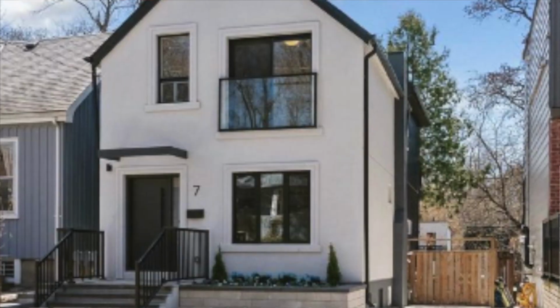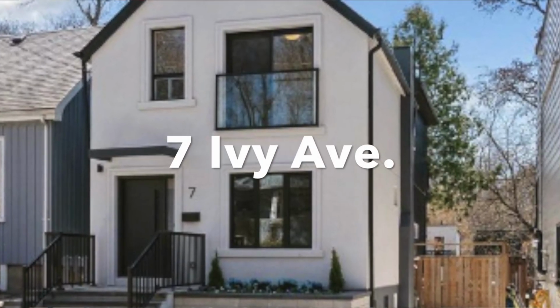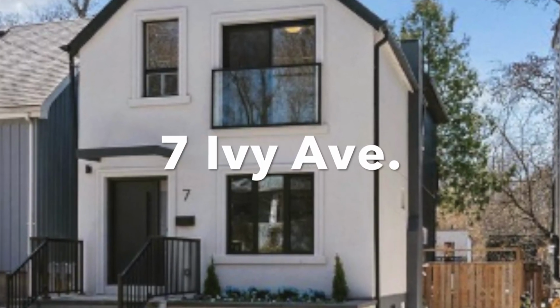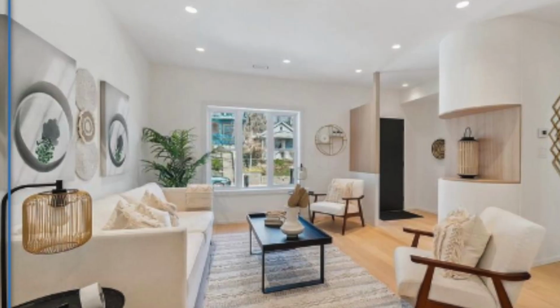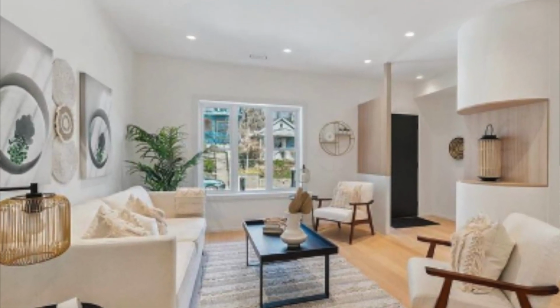Now you might recall this property about a month or so ago. I shot a video, and it is 7 Ivy. 7 Ivy is another new reno. They spent a lot of money, and it's quite spectacular. I'm going to put a couple images here. We did a video on this, like I say, a month ago. It's still on the market, guys and gals, folks, children of all ages, and